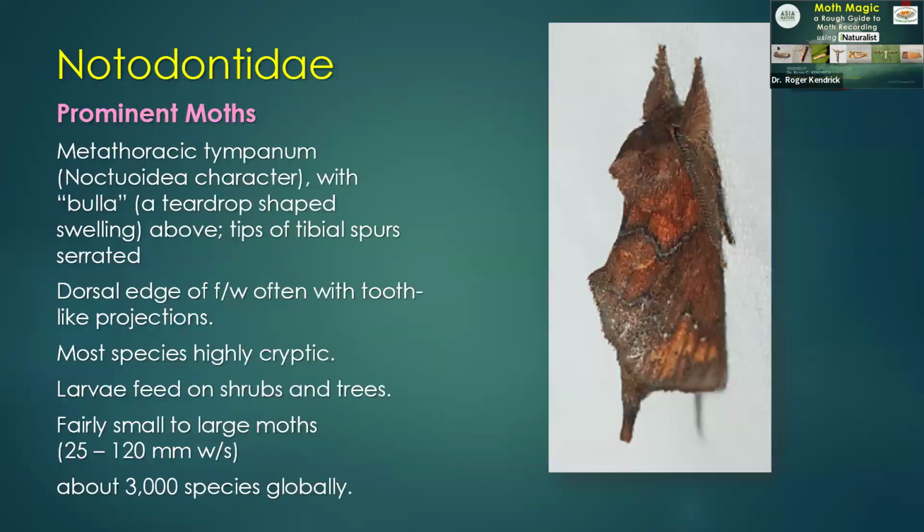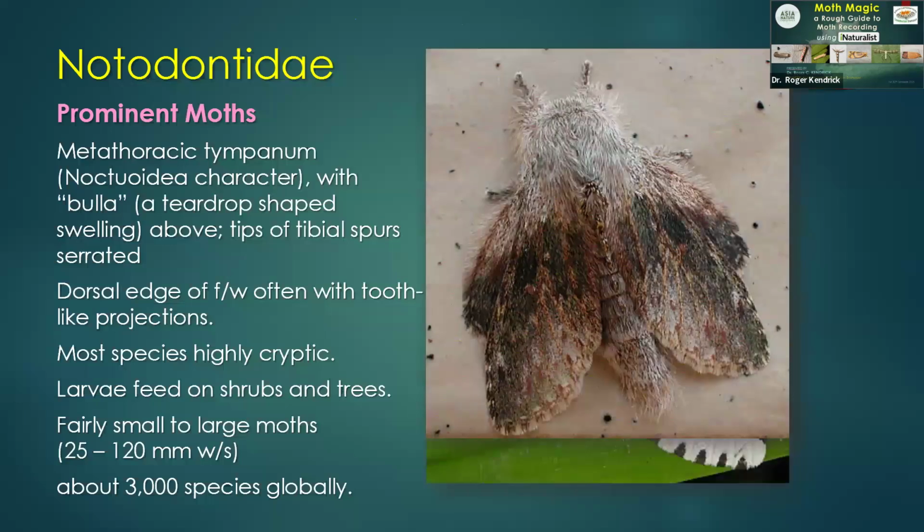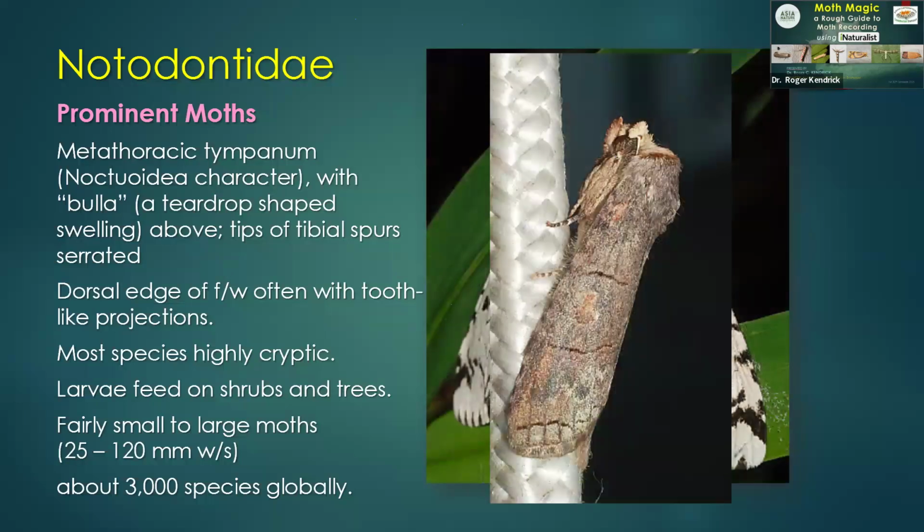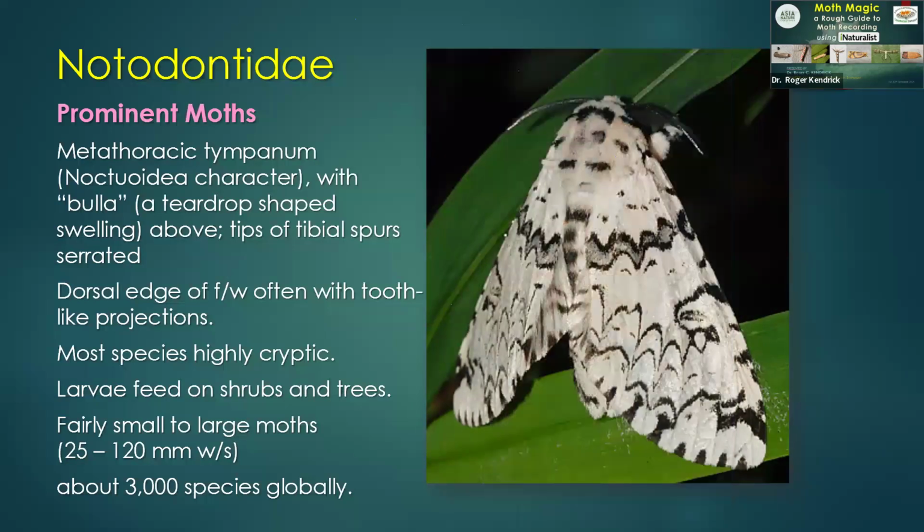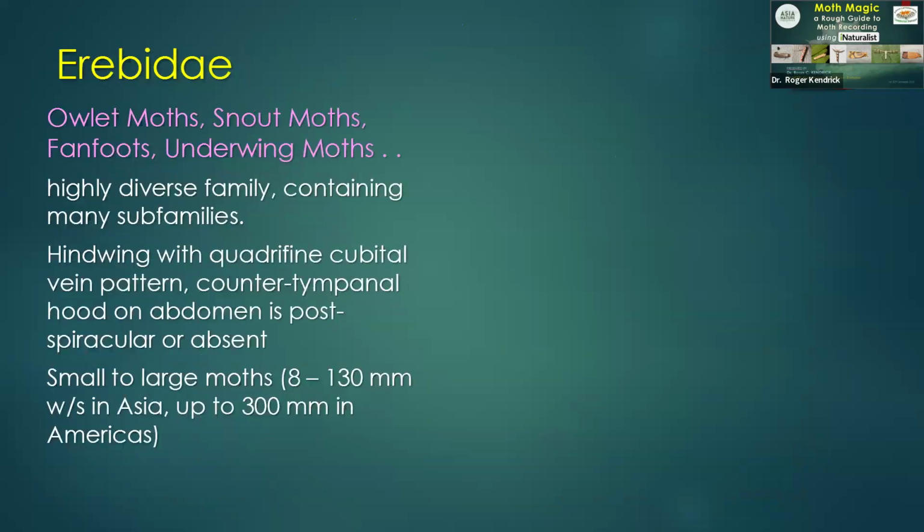And again, okay, Notodontidae, so-called prominent moths, because they have prominent tufts of scales, mostly, not always. They are forest species for the main part. The larvae are on forest trees, and enormous diversity in truly unmodified forests, but very, very much scarcer in modified habitats. Now, Erebidae, this was once upon a time Noctuidae. Within Noctuoidea,